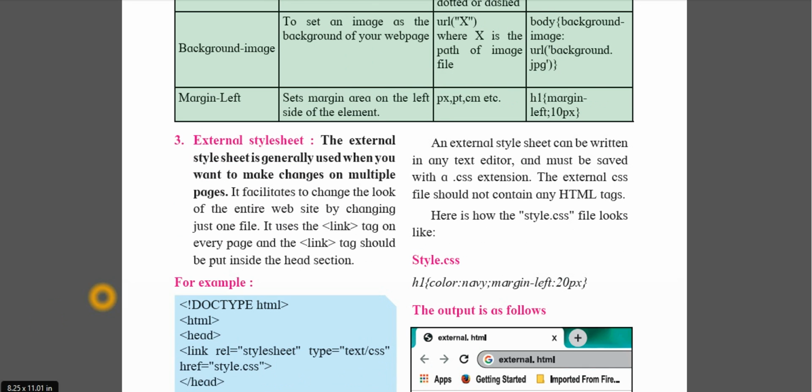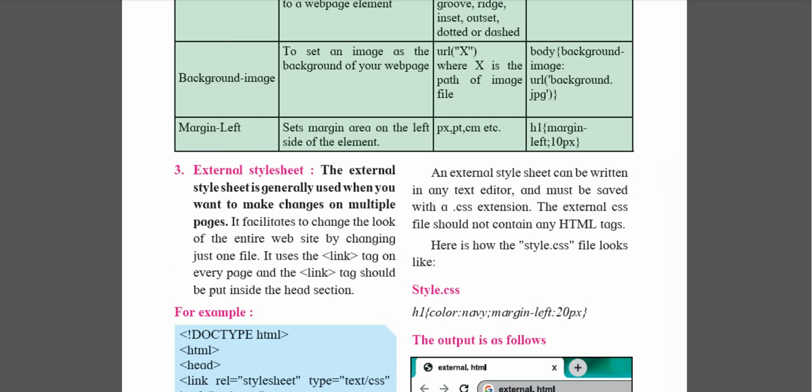So one more thing we have seen about the external style sheet. In an embedded style sheet, we use a style in between head and head close. Now with the external style sheet, we use a link inside the head and head close.